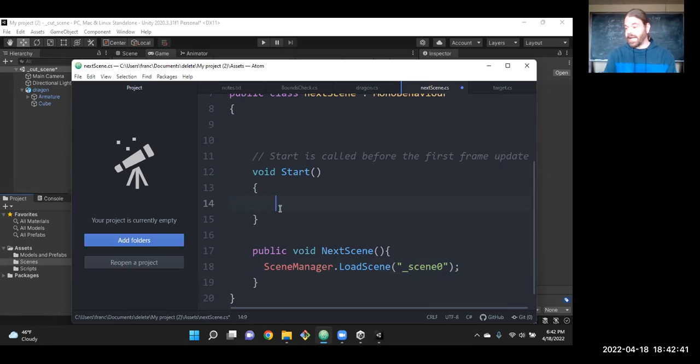maybe just a delay. And our textbook used this a couple times, and I don't remember seeing them actually explain what it is. So you're probably used to just calling a function when we want that, right? We just call that next scene method. But sometimes we might want to wait on that. Right? We don't want that to happen right now, but we have a pretty good idea of when we want